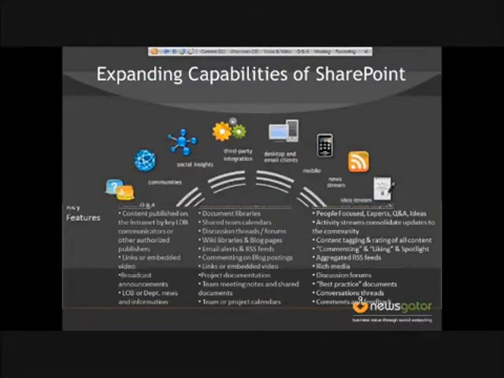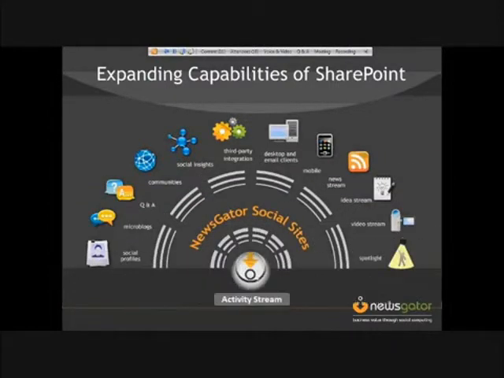And when you look at NewsGator's Social Sites, this is our view in terms of how we expand the capabilities of SharePoint, and our view with respect to social computing, where we take all these different social computing capabilities, and in the center of it all is the activity stream. The first thing you see when you log into Facebook or LinkedIn are those network updates, and that's what keeps you coming back.